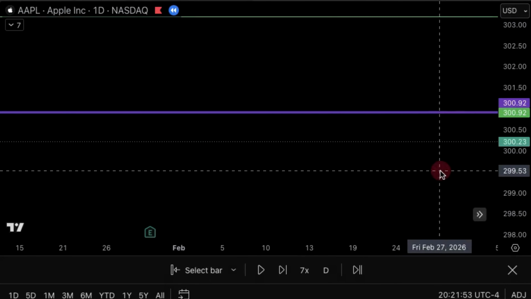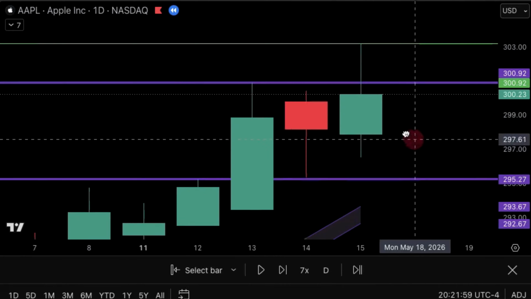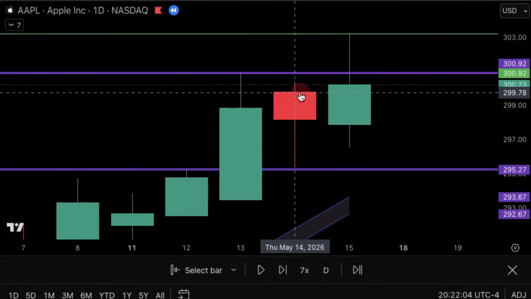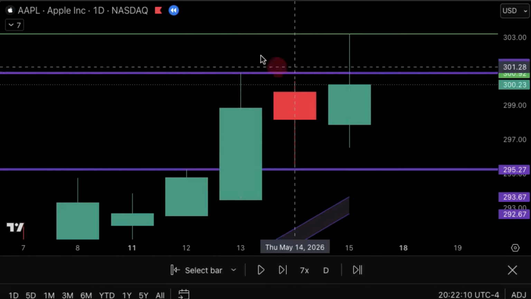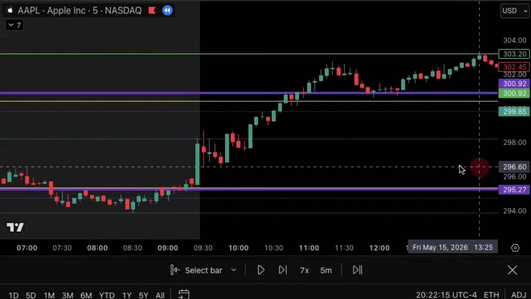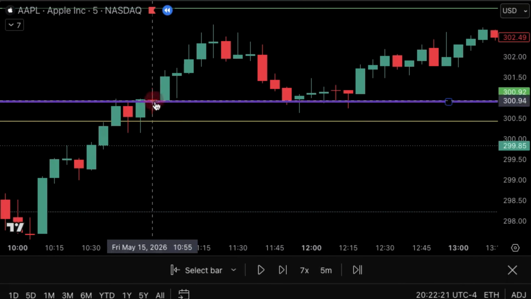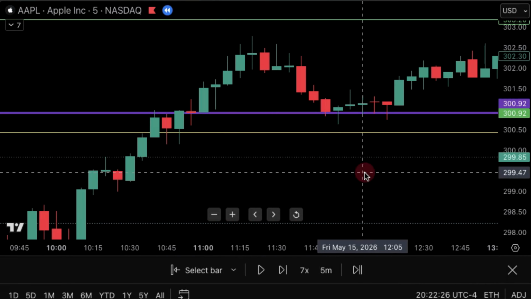But if I go back to the daily, the higher level in this consolidation range here is from Wednesday. So not the Thursday, not the day before. So I knew once we got above this consolidation, these highs here, that's when I was really getting interested. So we broke, we retested, and then I entered my full position on this candle here once we were above it. And this resulted in a 103% profit,